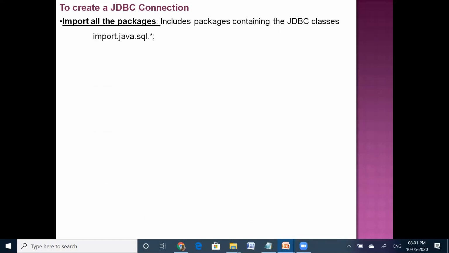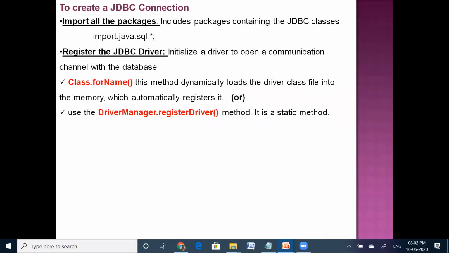Okay, see how to create the JDBC connection. I'll show the code. So first of all, before writing the program, we need to import the API. Okay, if you want to interact with the connection between the JDBC driver and the database server, we need the JDBC API, right? So that JDBC API is given in the form of packages. So that package we need to import. So this import javax.sql package contains JDBC classes and interfaces. Okay, once that is over, now the next step is we need to register the JDBC driver.